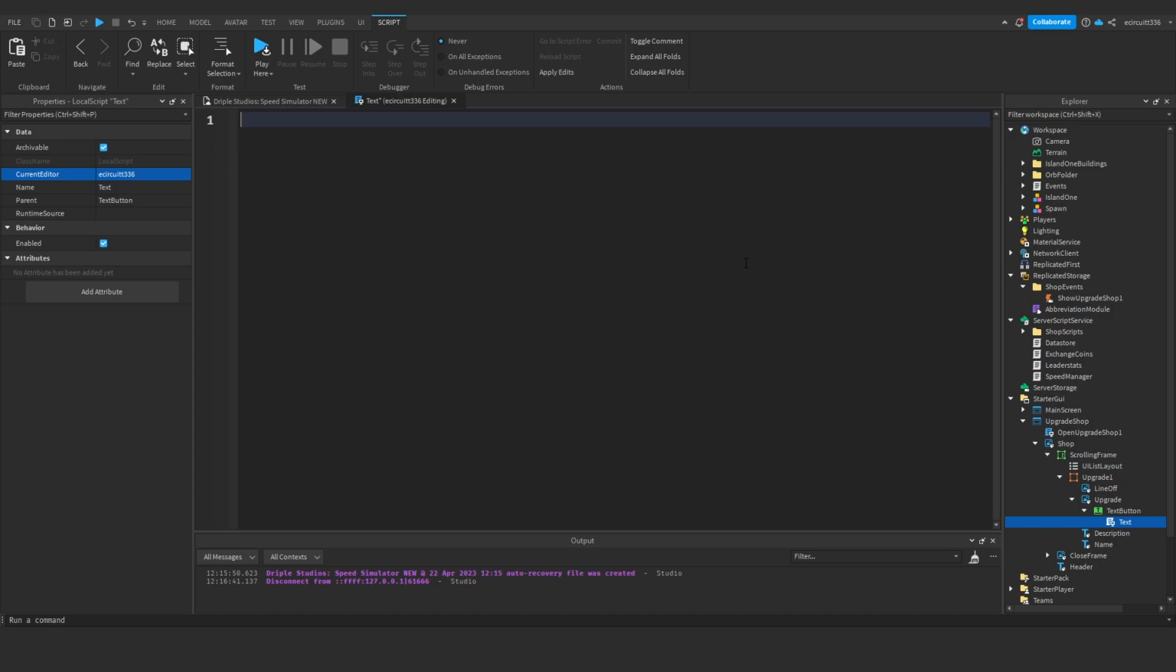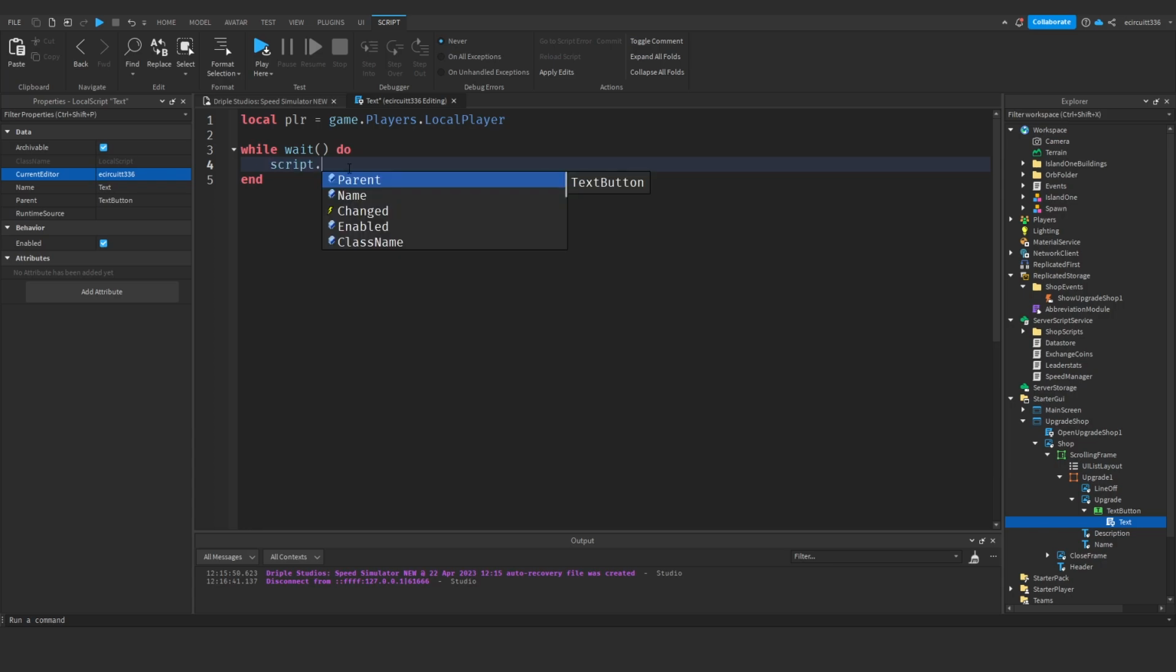So in here, we're going to first of all say local player equals game.Players.LocalPlayer. Okay, so once we've got our local player variable, we're going to say while wait() do. Now we haven't made any of these variables yet, but we're about to use some which we've not yet made. So just copy this line of code here. So what we're going to say is script.Parent.Parent.Parent.Description. That's it. There we go. Description.Text is going to be equal to